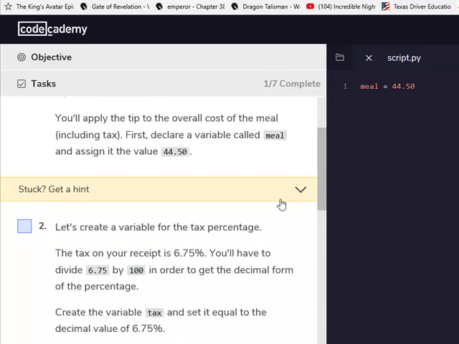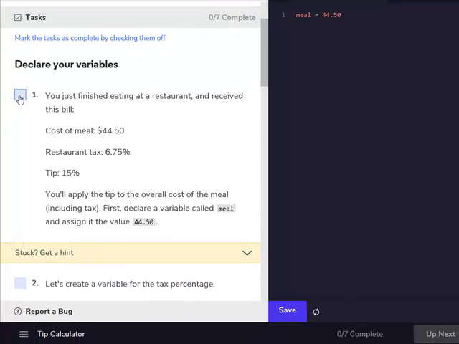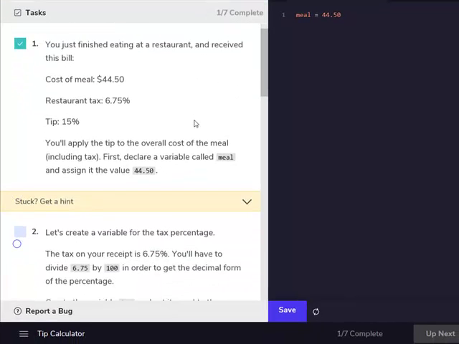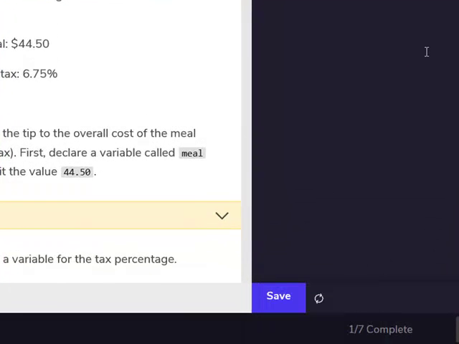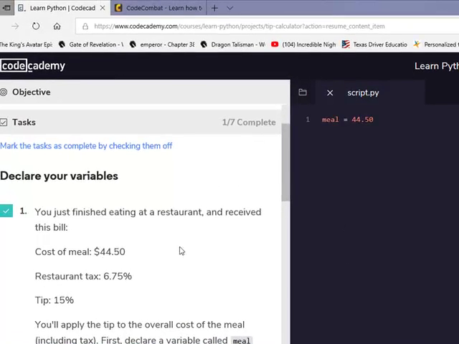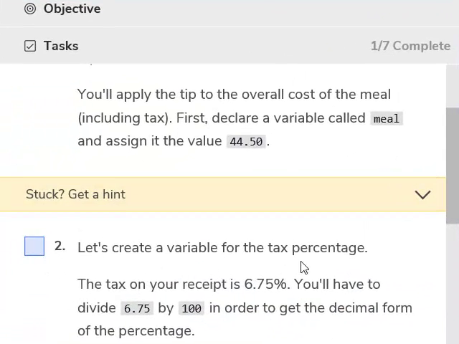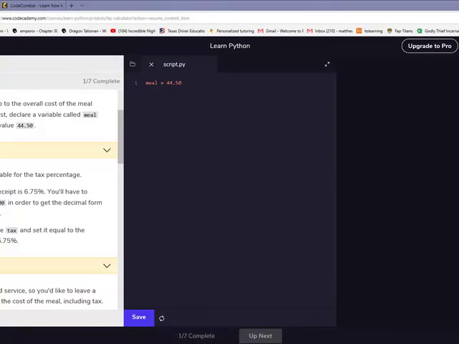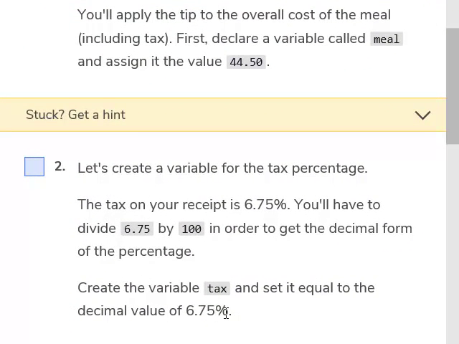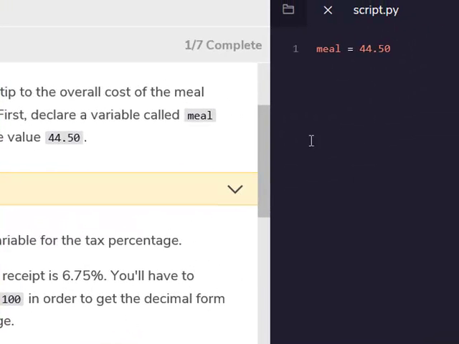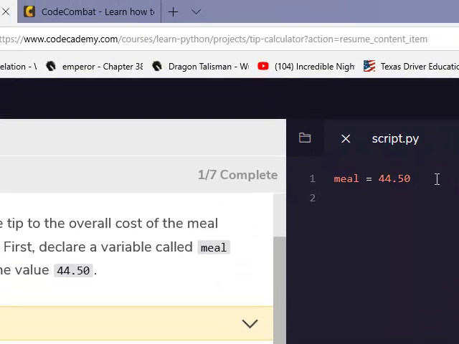A variable for tax percentage. Okay, so we created that one. Now next one. Let's create a variable for the tax percentage. The tax on your sheet is 6.75%. You'll have to divide 6.75 by 100 in order to get the decimal form of the percentage. Create the variable tax and set it equal to the decimal value of 6.75%. So what we'll do next is